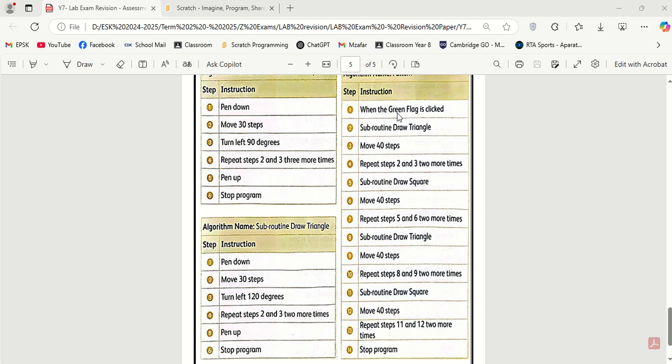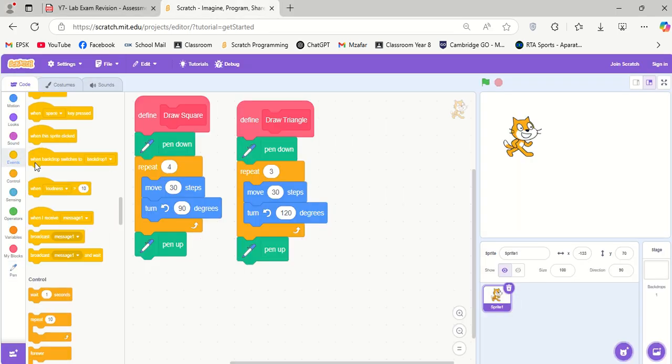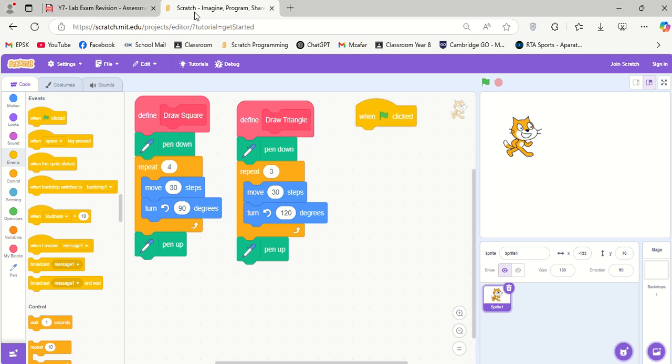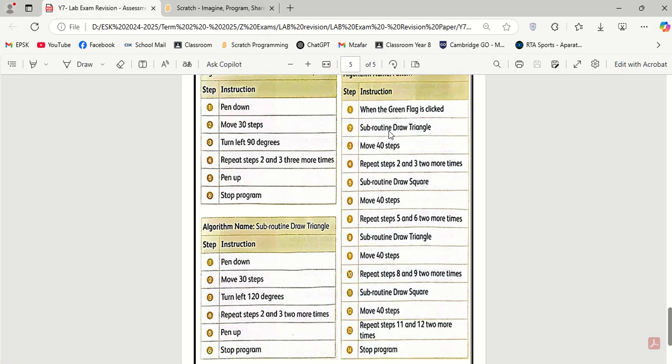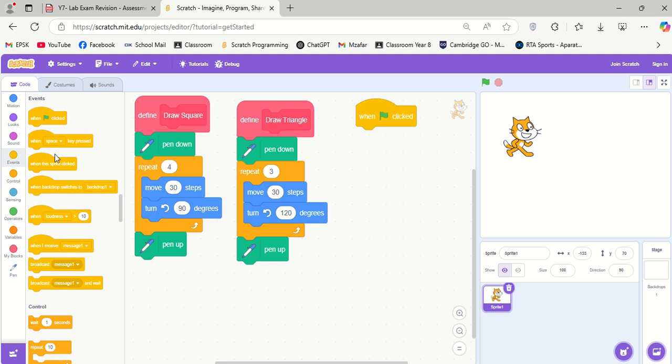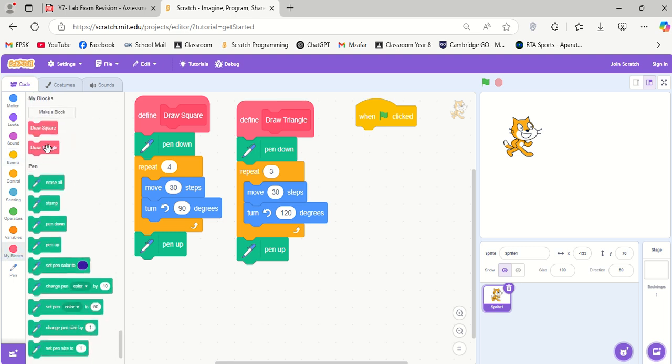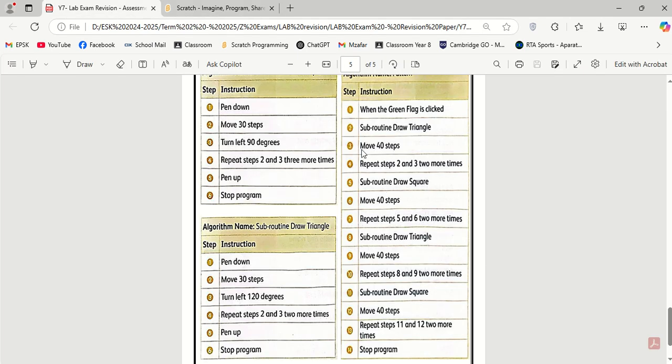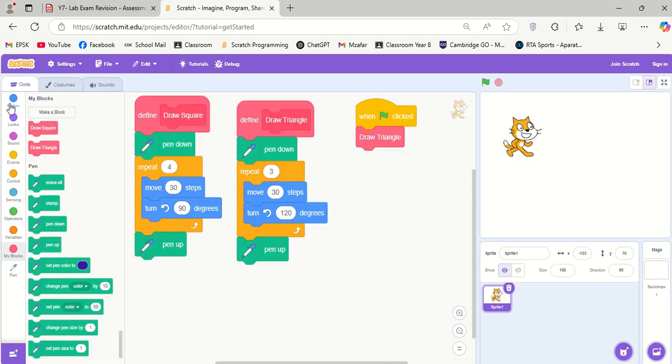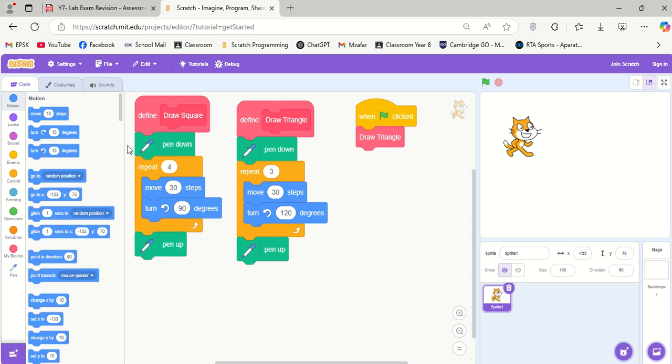Now we will create this program when the green flag is clicked. So click on events block, when the green flag is clicked. Then call subroutine draw triangle. So here we click on my block, draw triangle, then move 40 steps, click on motion, click on move 40 steps,